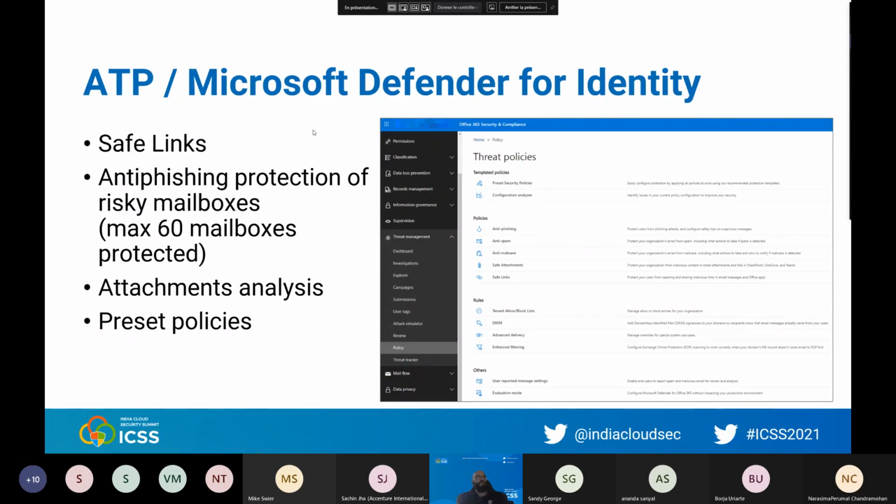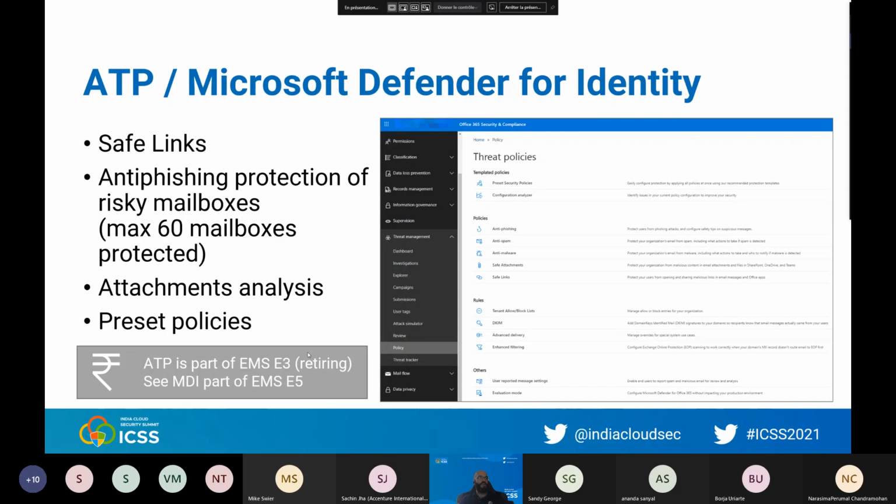You will also, if you have such a tool, have attachment analysis. So you will have additional analysis, not just antivirus analysis, but when you open the attachment, you will have an additional analysis to check that the attachment is not trying to write in the desktop memory. And also a lot of preset policies available and so on.